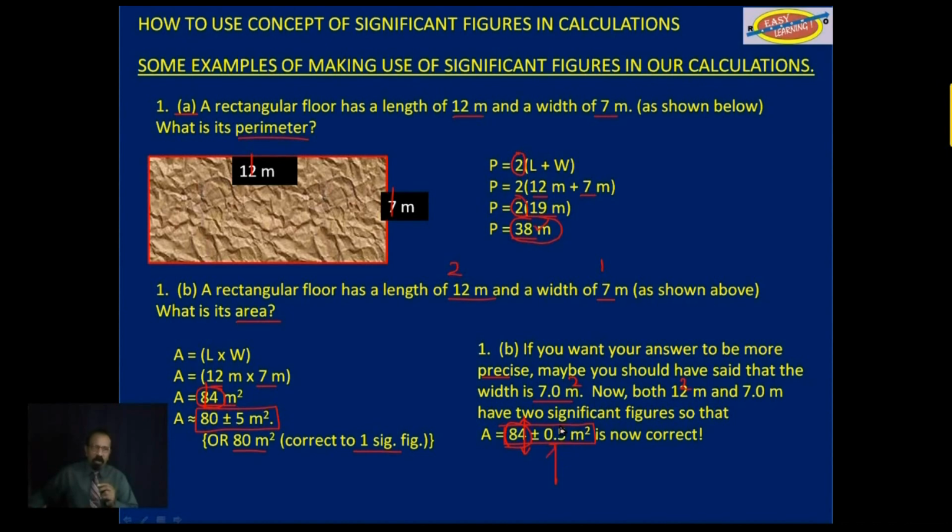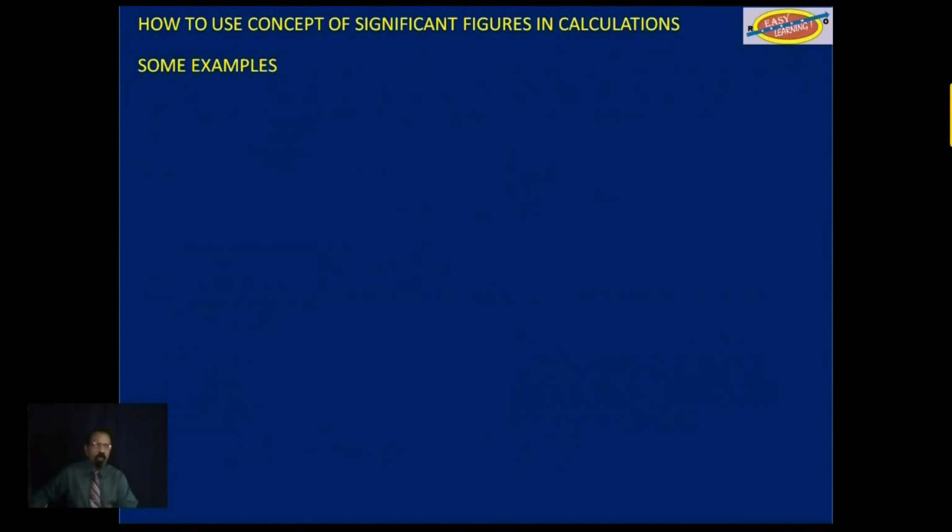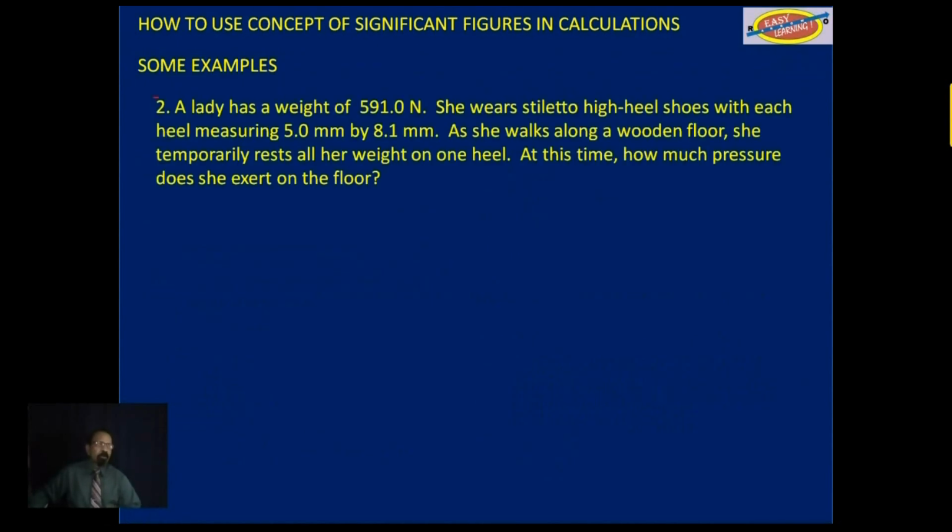Now, this answer over here on the right is more precise than this one over here. It's spread out a little less. This is spread out by 10 square meters, 5 more and 5 less. This one is spread out by only 1 square meter, 0.5 more and 0.5 less. That's example 1. Example 2,